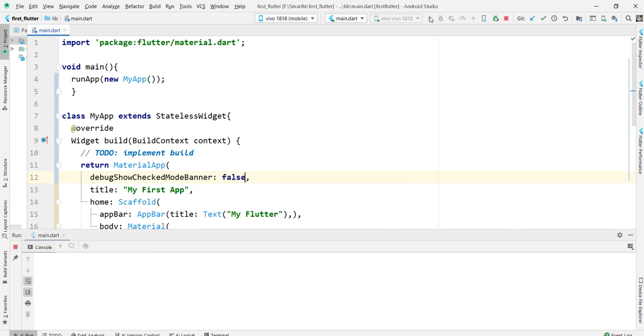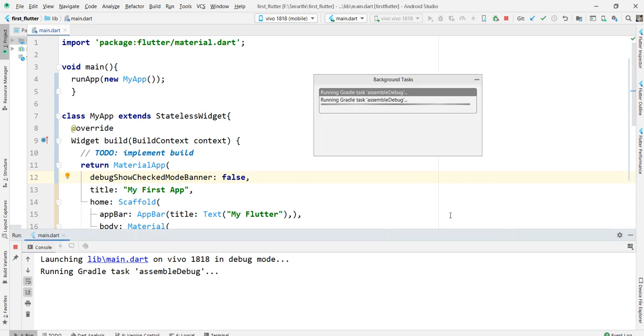If we write this line, it will not show the debug banner. That can be hidden, so it will not show debug mode. Now it is in development mode. You must write this debugShowCheckedModeBanner line in each and every application. That is mandatory for each and every application.